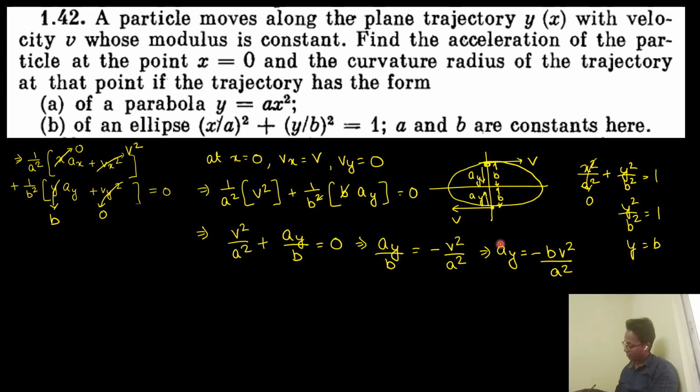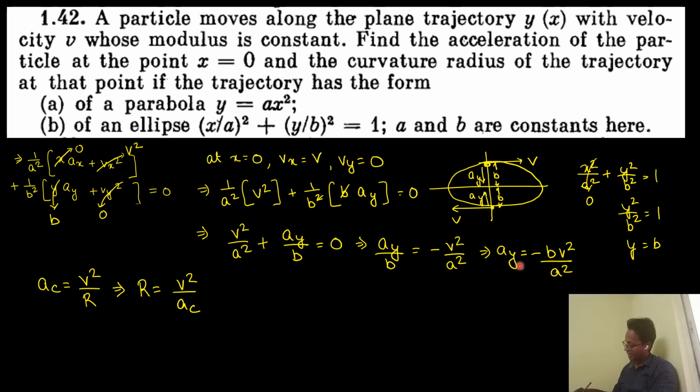Now what is this ay, or acceleration in y component? This acceleration in y component is also the centripetal acceleration, no? But centripetal acceleration is equal to v square by r. Okay, v is the velocity, or r is equal to v square by centripetal acceleration,